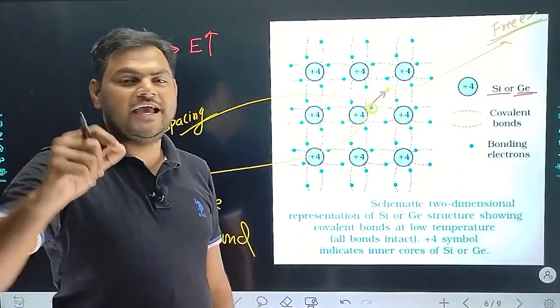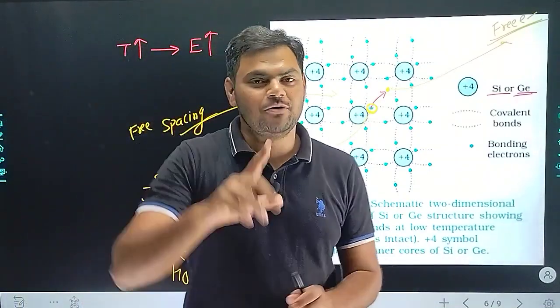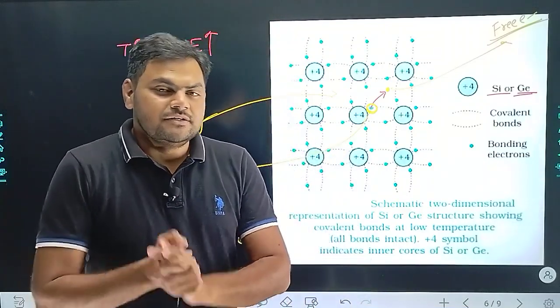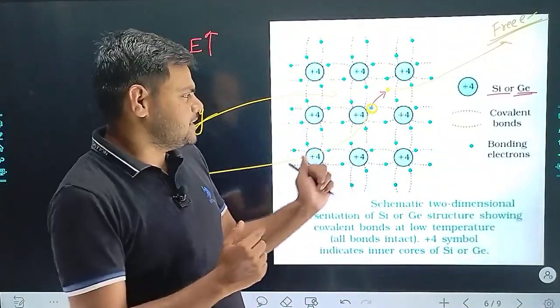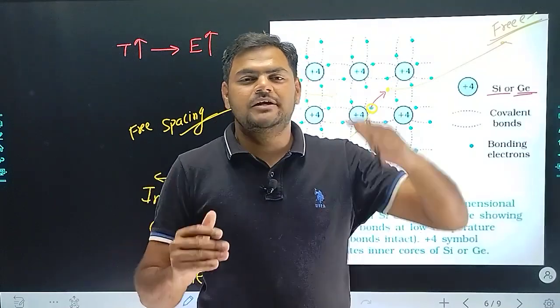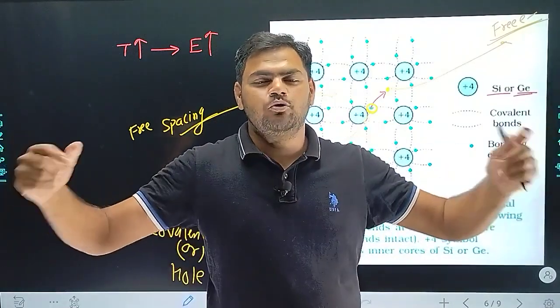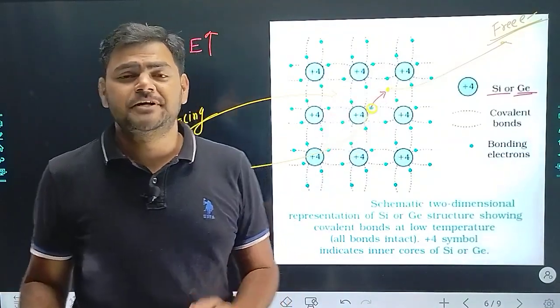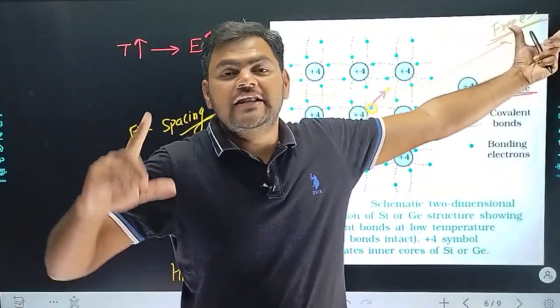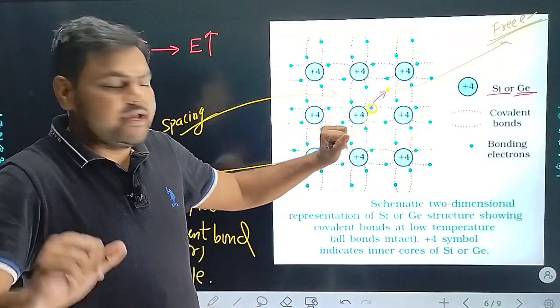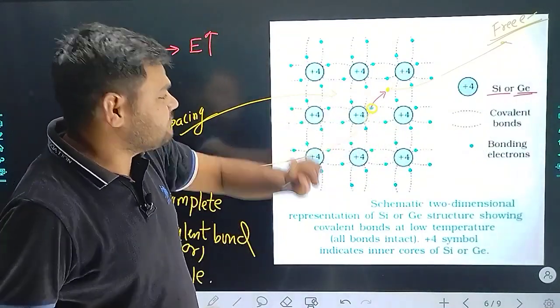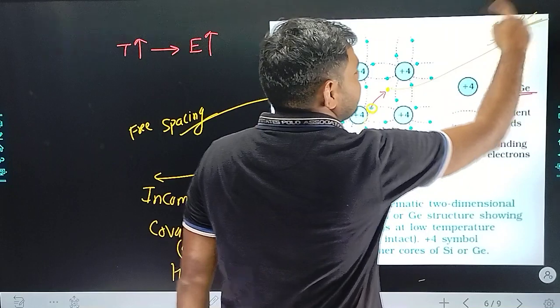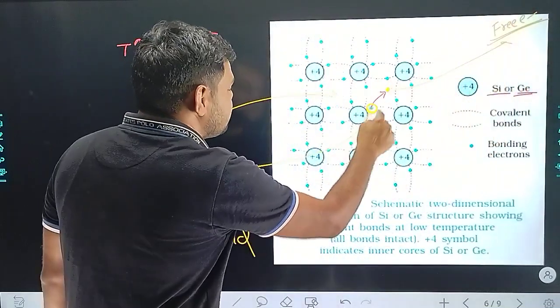What exactly happens after increasing the temperature? Let me show it again for you. Give your concentration to it. We increase the temperature, provide energy, and the covalent bond will be broken. The electron will move into the free space, which is called a free electron. A free electron is created, and the incomplete covalent